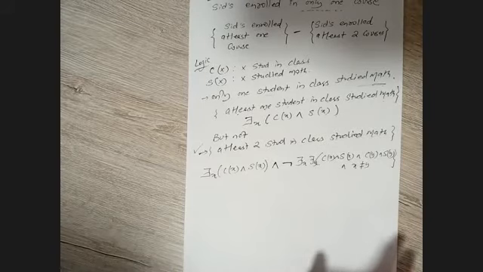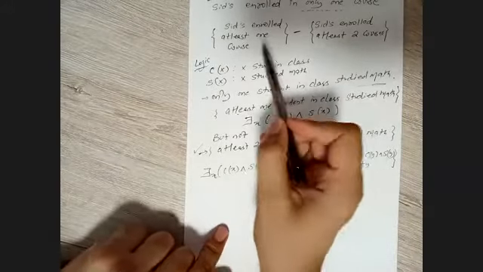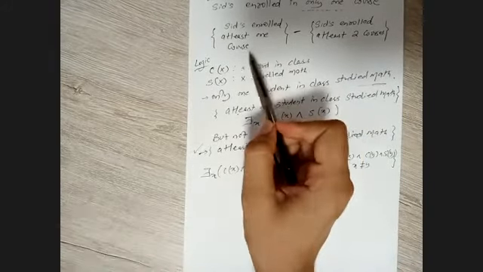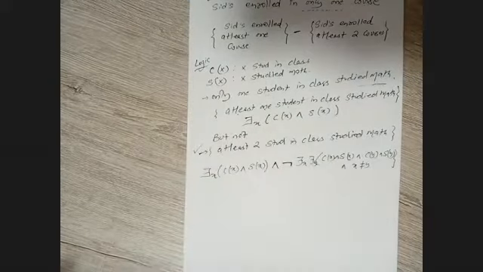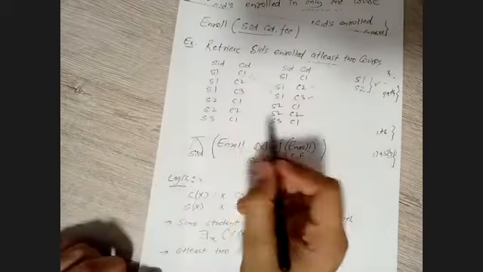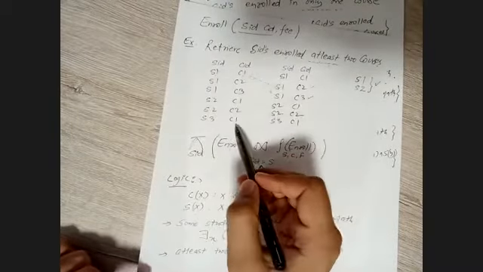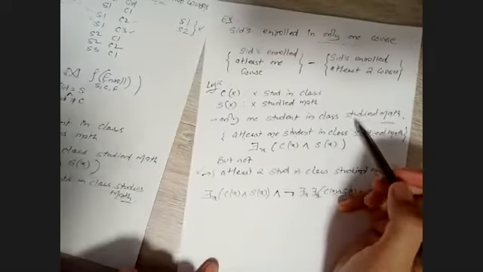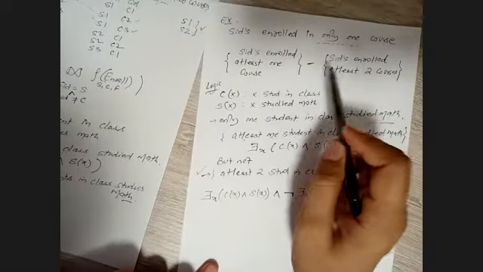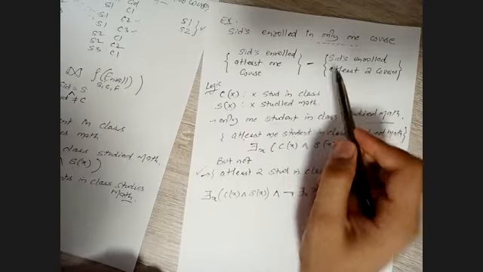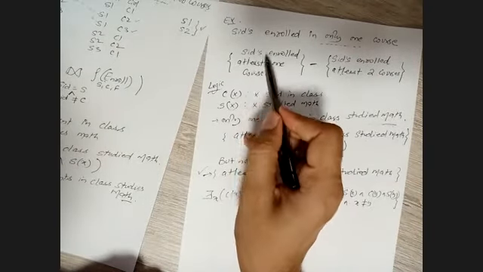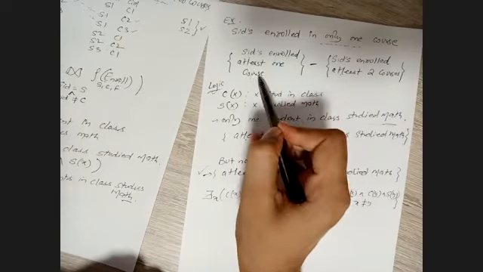So I hope you have understood. If not, okay, let's find out and visualize with the help of an example here. Yeah, this is the example values that we have taken so far, right? Let's validate whether this logic is correct or not, right? First, let's find out SIDs enrolled in at least one course, right?